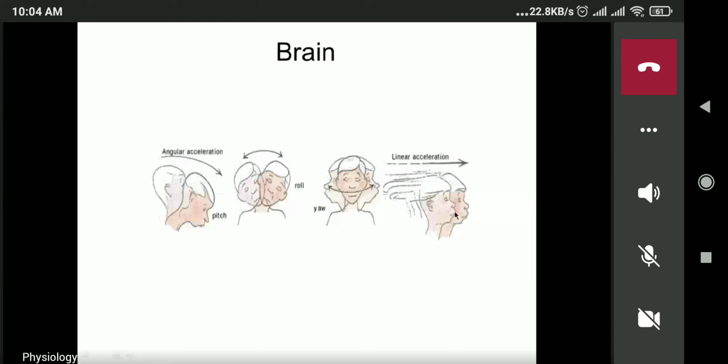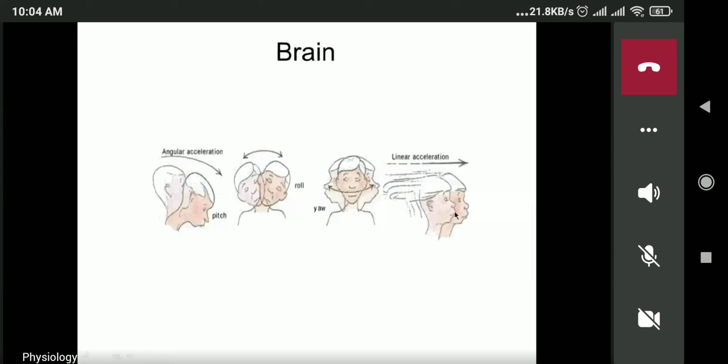Your hands will embrace the person, isn't it? So when there is linear acceleration, you are on a bike or a car or something moving,